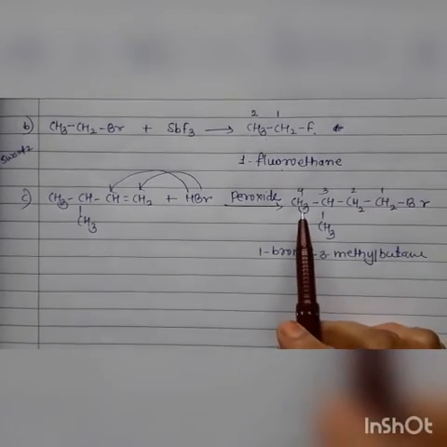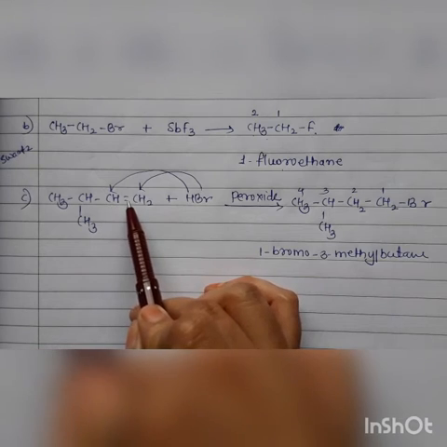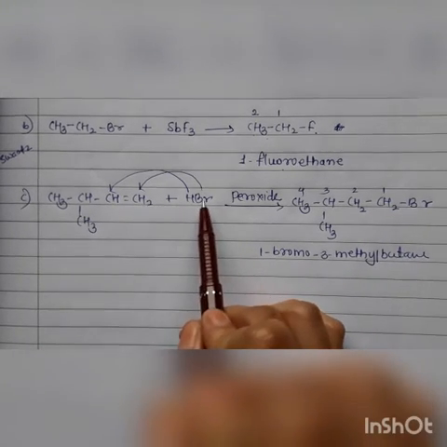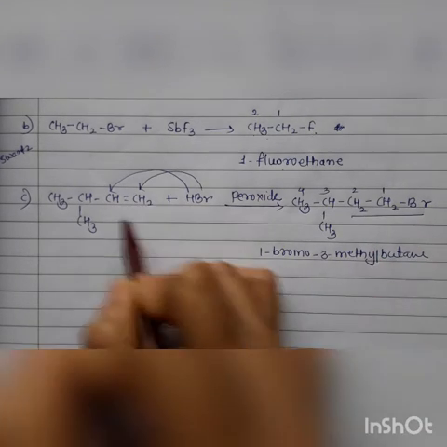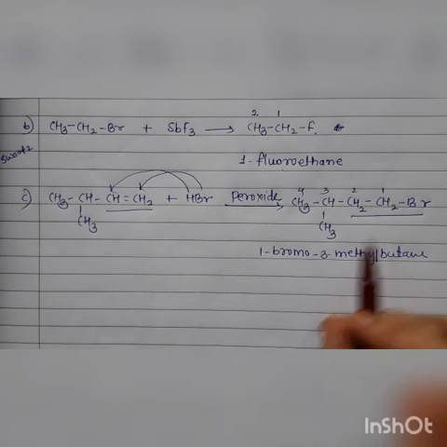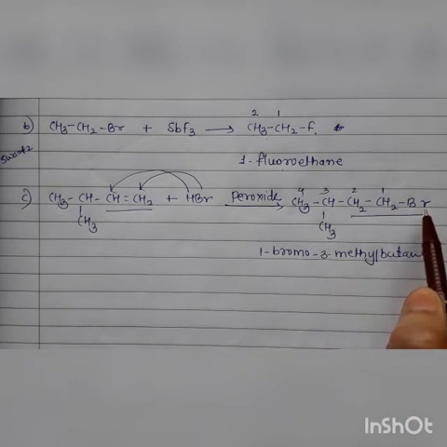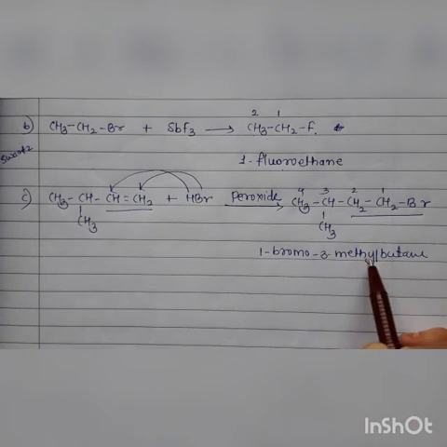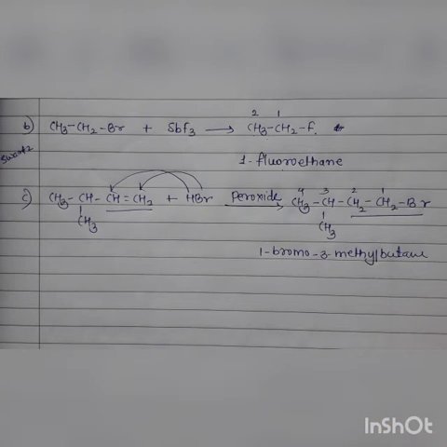So let us write the product. So see the product. Hydrogen is added on CH. So it will become CH2. Double bond will become single bond. And on this carbon atom, bromine will get added. So CH2 single bond CH2Br. Okay. This part. Okay. Now we have to write the IUPAC name. Numbering will start from here so that bromine will get lowest possible number. So 1-bromo, 3-methyl and 1, 2, 3, 4 carbon atoms. So 1-bromo-3-methylbutane. Understand?